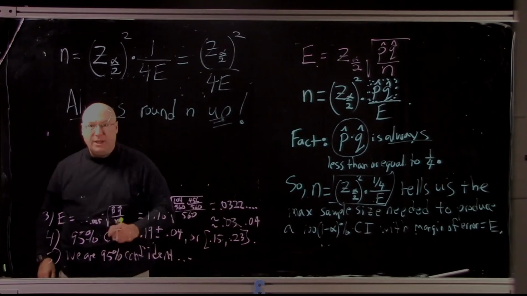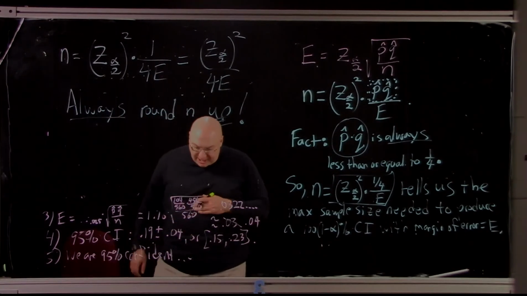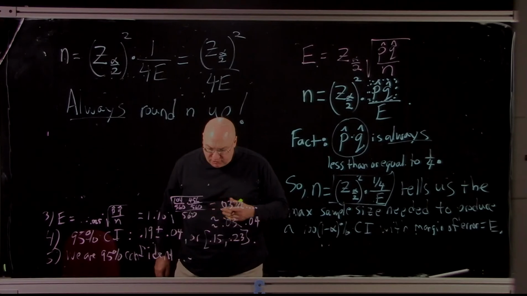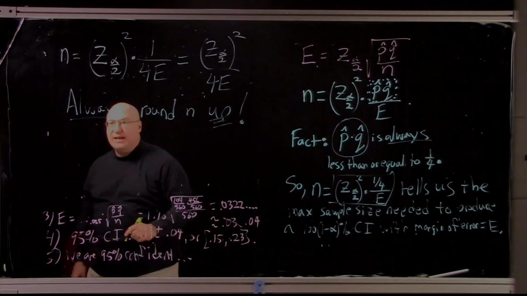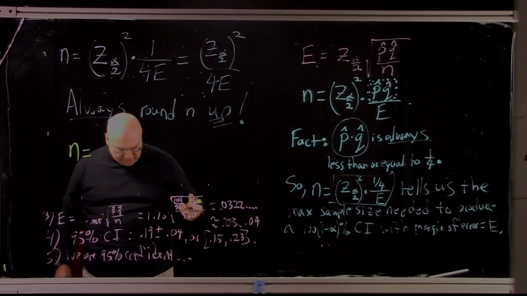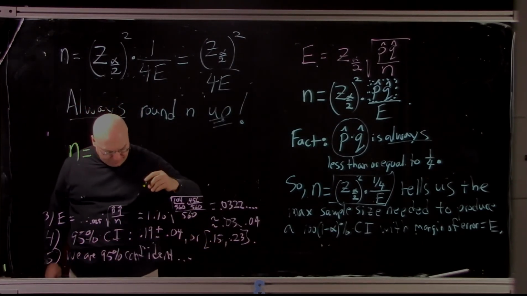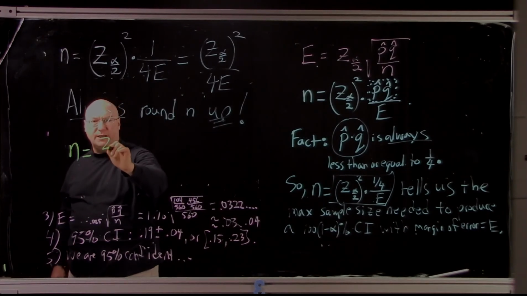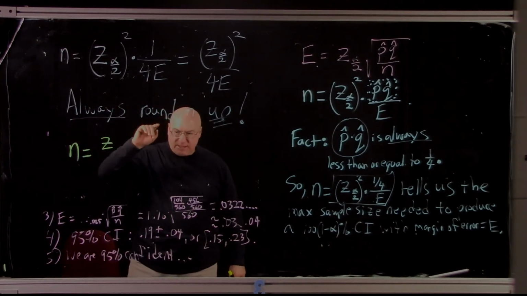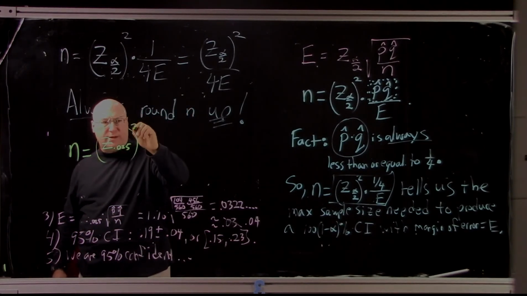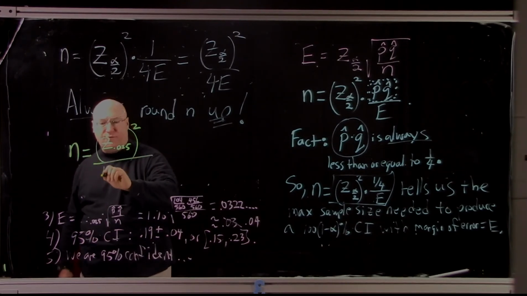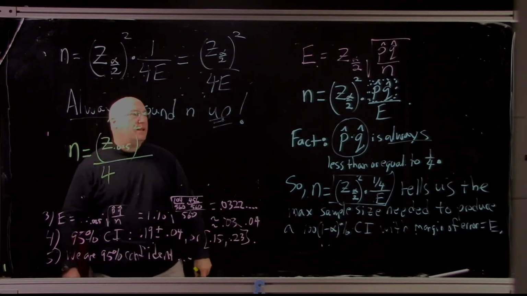Let's do an example. To compute a 95% confidence interval with the maximum margin of error of 3% for the proportion of voters who say they would vote for a candidate in the next presidential election, we need to get responses from a random sample of voters of size n equals, I'll rewrite my formula, z, 95% is 0.025. So I need to square that, divided by 4 times,